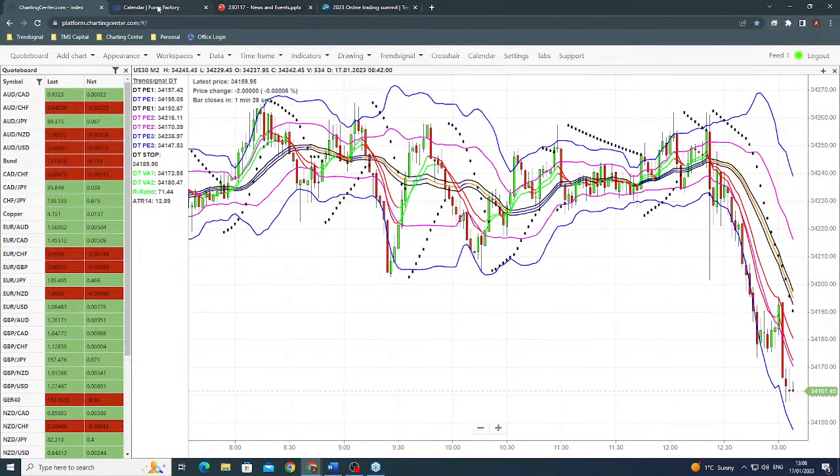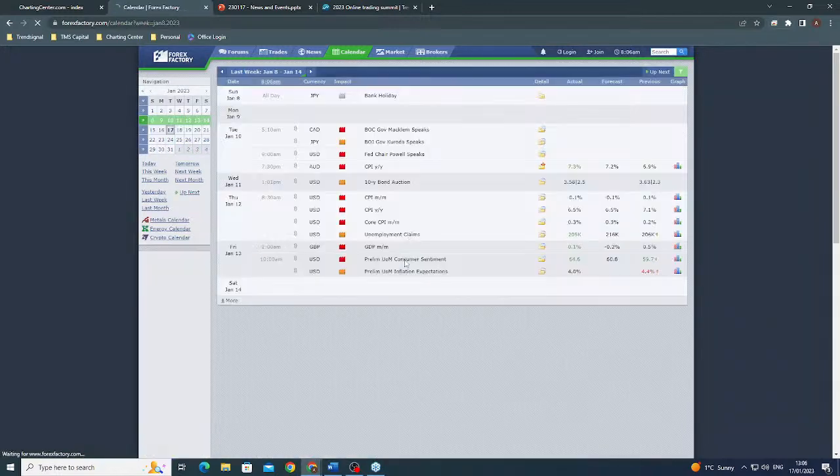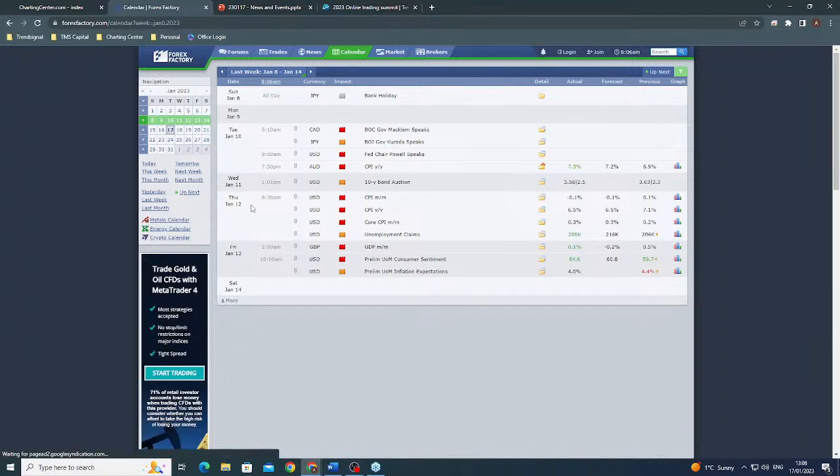So what I'm going to do is go back and have a look at some of this high impact data. Now, yesterday was Martin Luther King Day. It was a bank holiday in the States. Nothing really great deal I can show you. However, if I go back to last week, let's have a look at the most recent major economic data we had. So last week on the Thursday, the 12th, we had CPI, Consumer Price Index, inflation data, pretty important, okay? And actually the data came in bang on expectations.